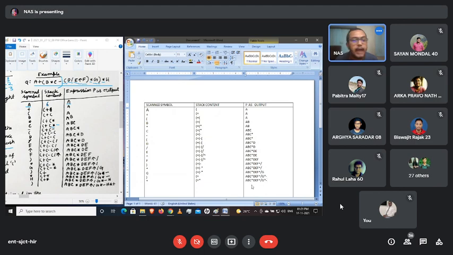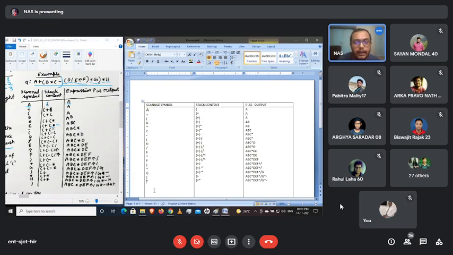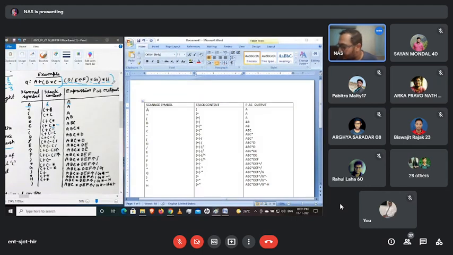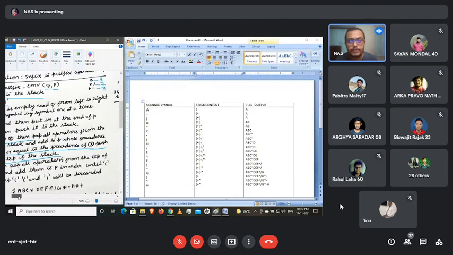Star minus. Okay. After reading star, we are again encountering H. So H is an operand. Write it here. H is here. Star minus H, and this one will remain as it is, plus R star. So after encountering H, we have concatenated the closing bracket here. We have concatenated this one with the cube, the infix operation.